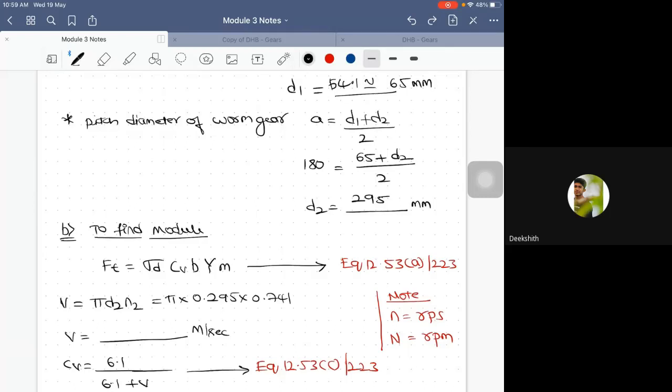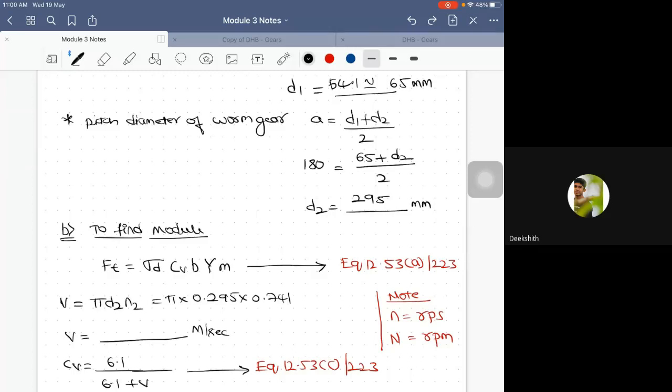If you want to substitute in rpm, divide by 60. That's it. Velocity, very good. So velocity would be very, very low, guys, in case of the worm